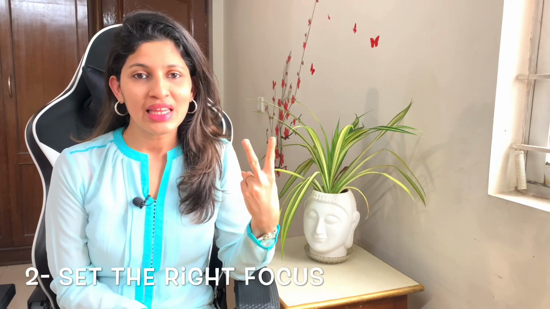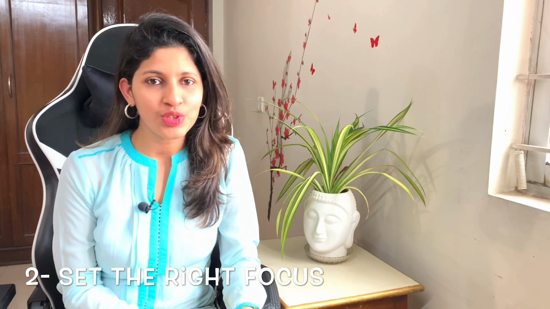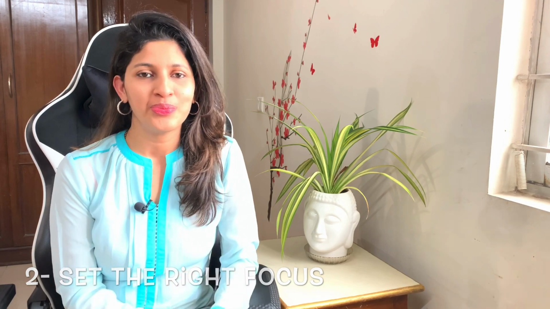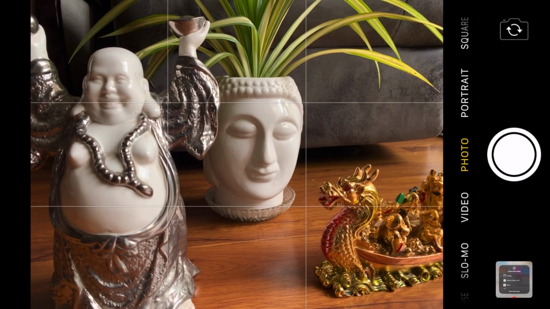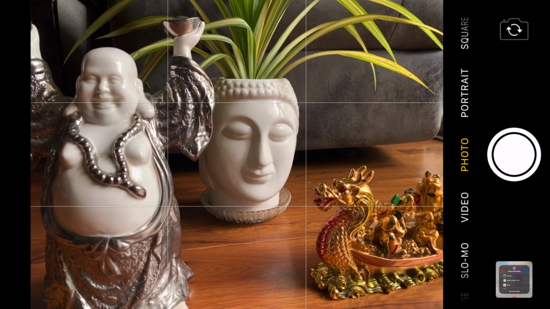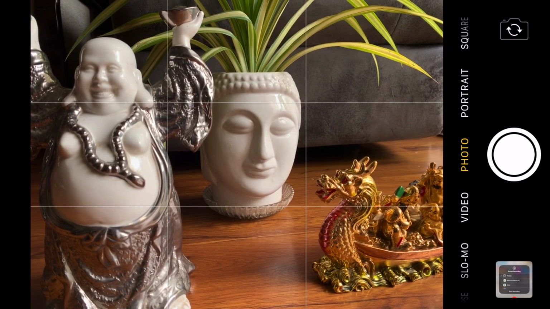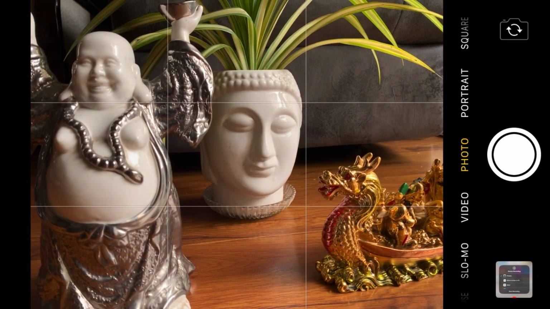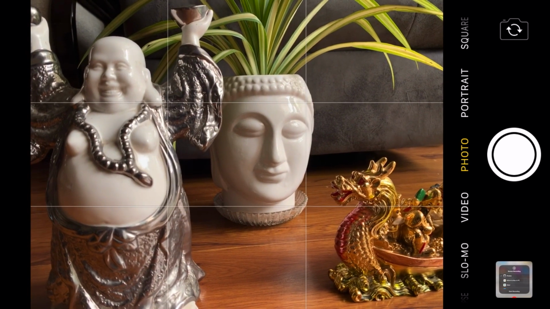Okay, so the second thing that I want to talk about is how to set the right focus and exposure on your pictures. I will share an example scenario. In this example, what you see is a laughing Buddha, a Buddha with a plant on his head, and a dragon, right? If you see this picture, the iPhone is trying to focus on something, but you are not very sure what it is trying to focus on.